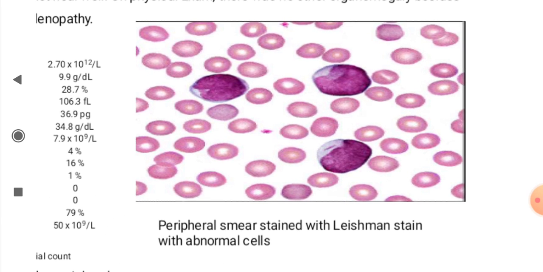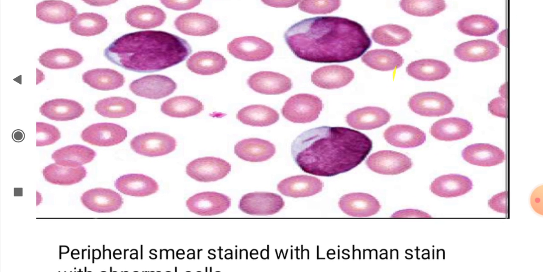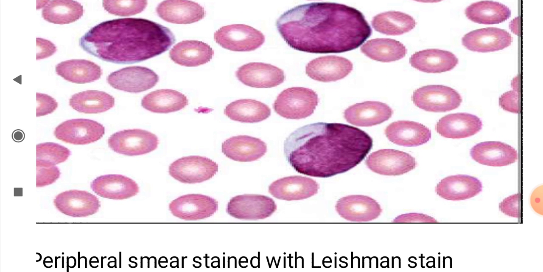So you can see a peripheral smear stained with Leishman stain. This will be asked in your viva questions: what stain have they used? It's a Romanowsky type of stain, the Leishman stain. When you see this picture, you can see a large cell with a slightly indented nucleus,